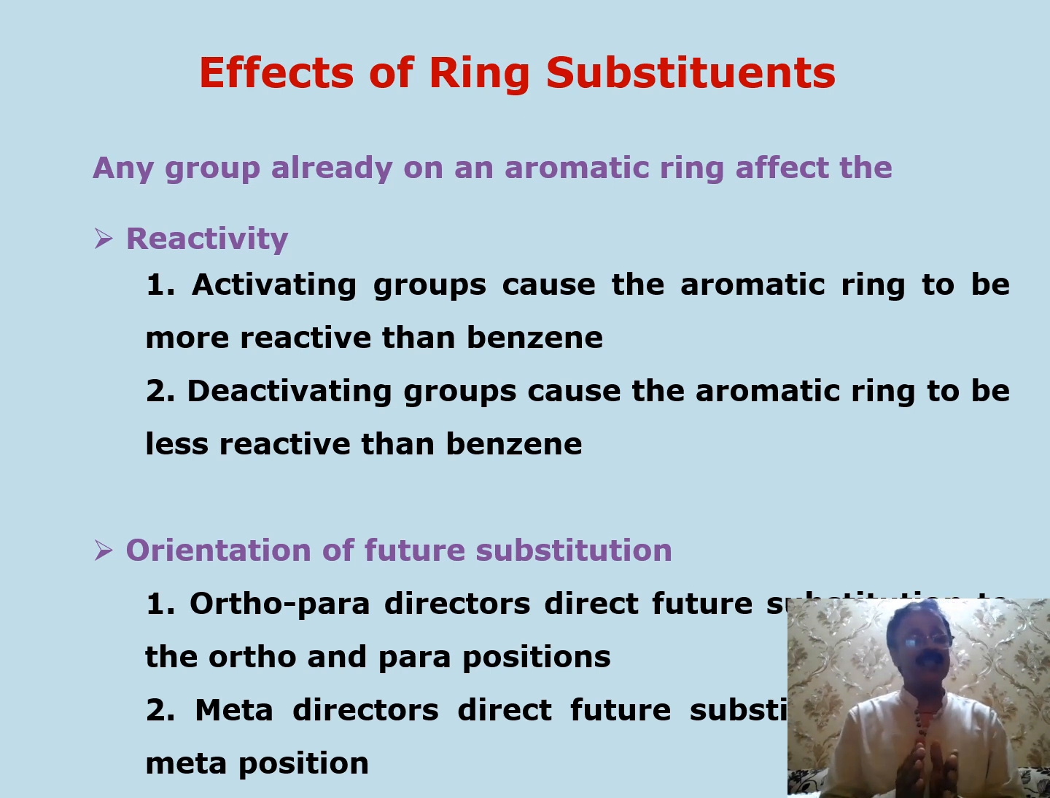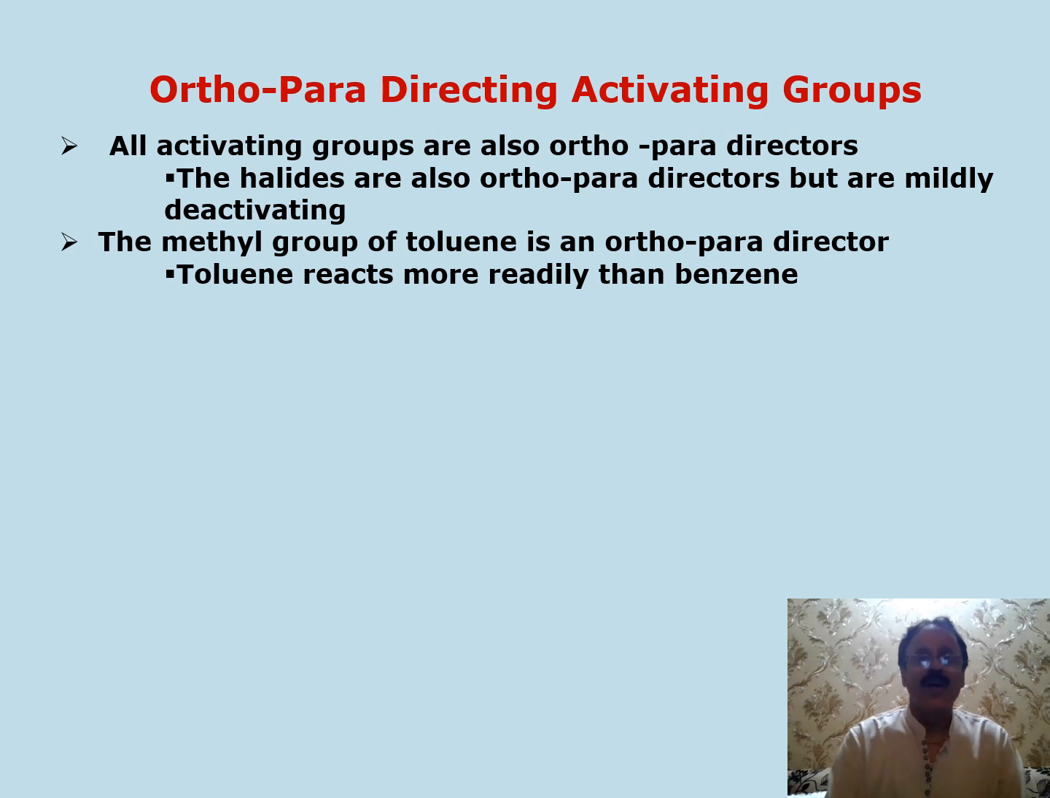So electron releasing groups activate the benzene ring towards the electrophilic substitution reaction, whereas electron withdrawing groups decrease the electron density on the benzene ring, the aromatic ring, and hence deactivate the benzene ring towards the electrophilic substitution reaction. Now we have to see what the orientation is. Any electron releasing group, all activating groups, are ortho and para directors. An exception,